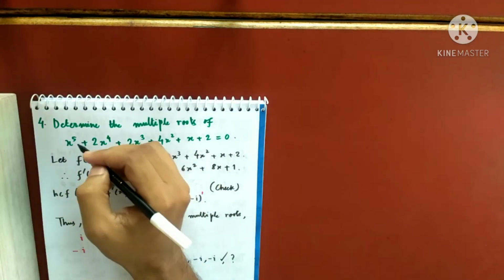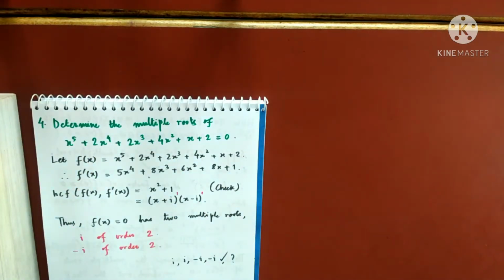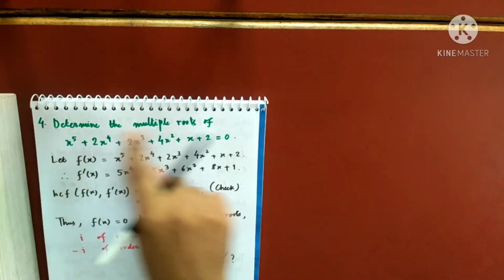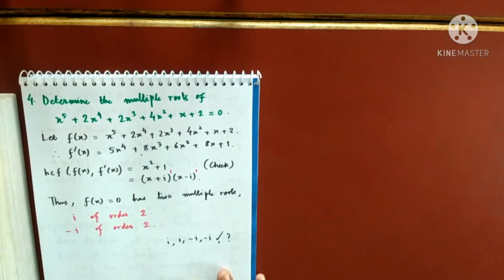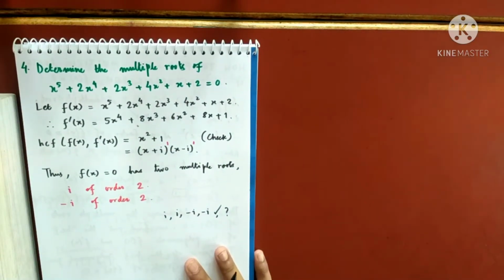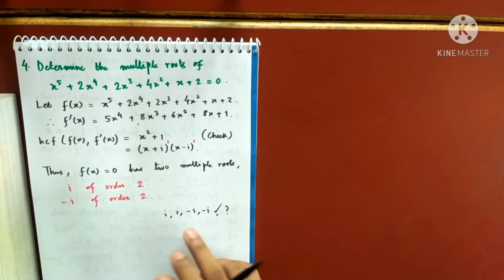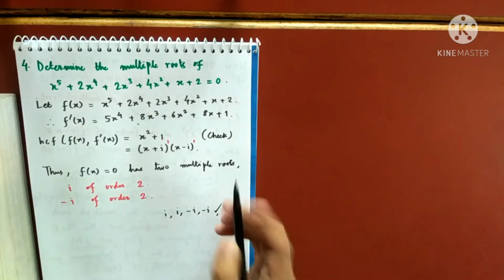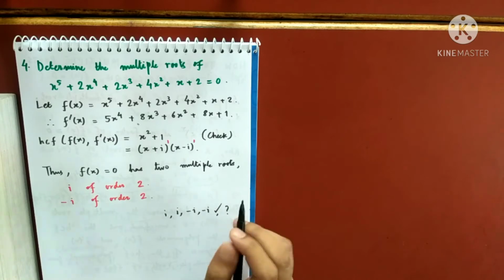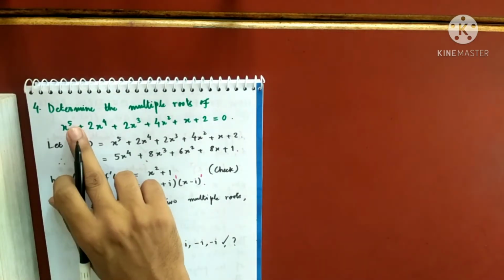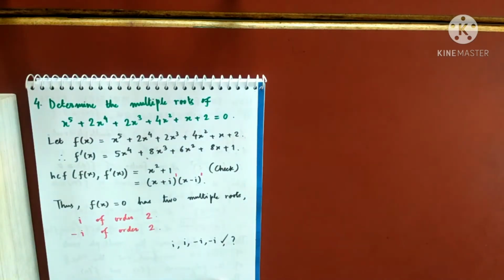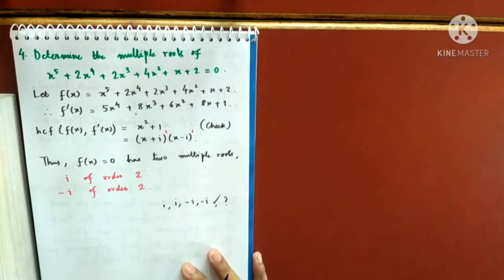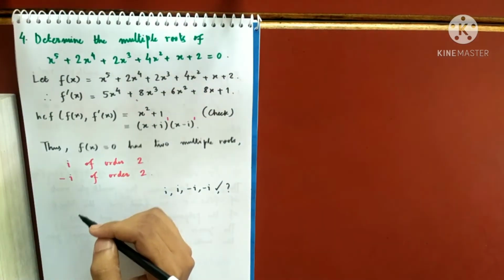So I am now asking you, find all the roots. I may change the question like this: solve this equation given that it has multiple roots. So I already know that this has 4 roots. I have to find the fifth one because it should definitely have exactly 5 roots. So let's find the fifth root. The idea is very simple. How to find the fifth root?